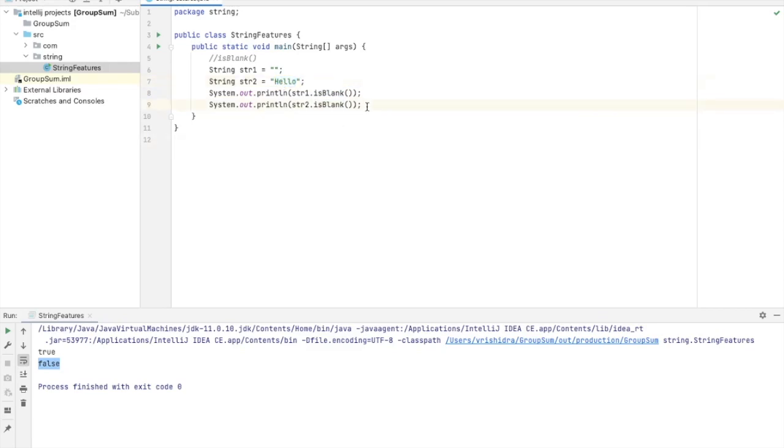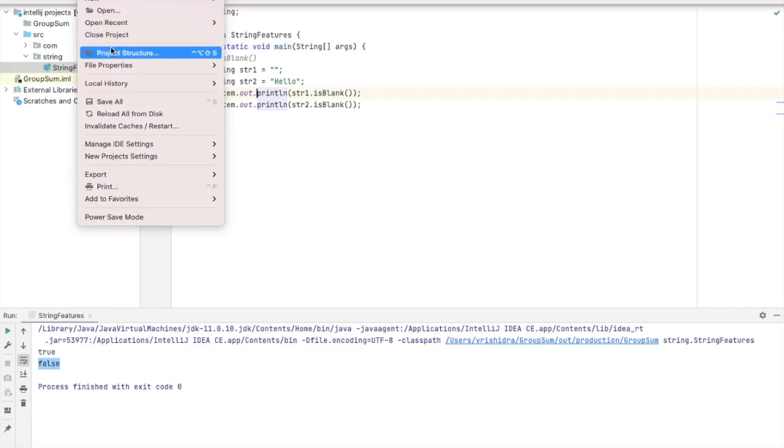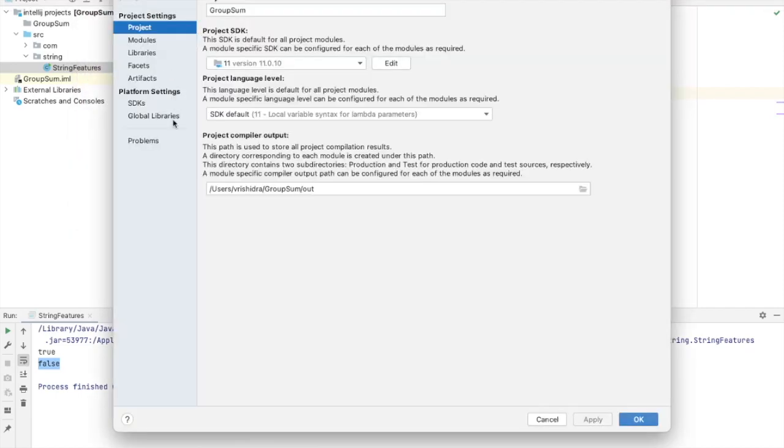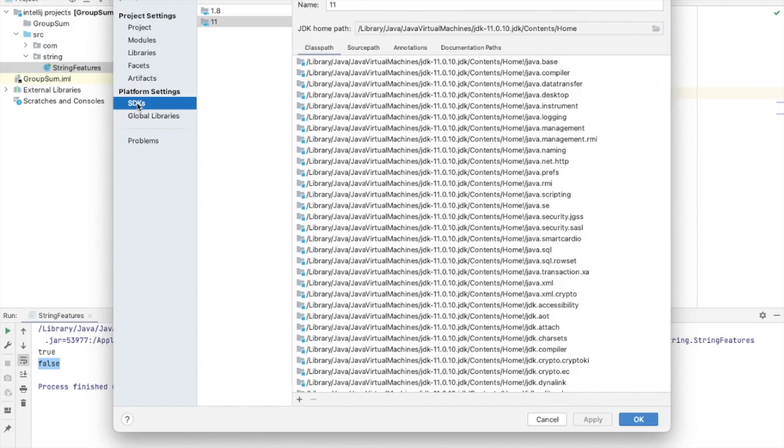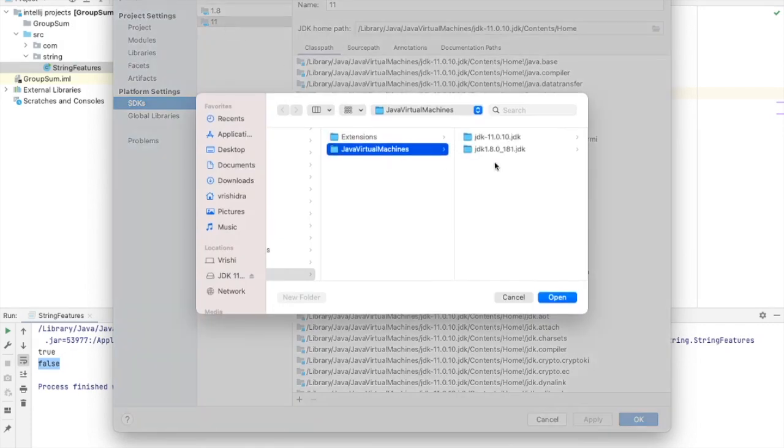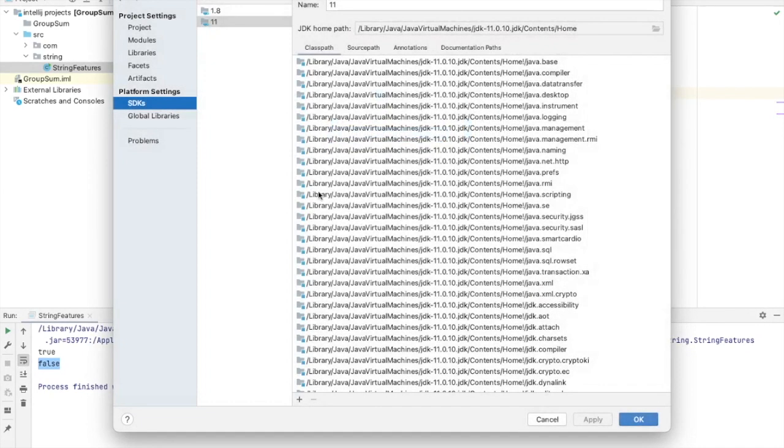Before doing the next, I'll tell you how to configure Java 11 in IntelliJ. I have already downloaded JDK 11, and we have to go to File, Project Structure, then in the SDK section, you first have to add it. You'll get the Add JDK option, then add JDK 11 and click open.